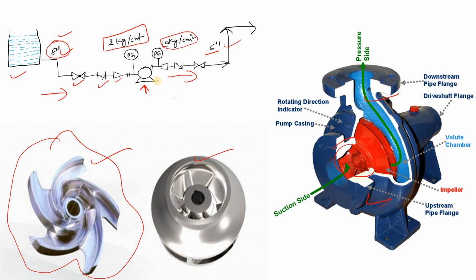Okay, how is this pressure increasing? This pressure is increasing with the help of the impeller, right? And this one is my impeller and this one is also my impeller. Now let me know in the comments box which type of impeller this one is. So with the help of the impeller, first of all, what do impellers do? The impeller increases the kinetic energy, or it provides the kinetic energy, right?